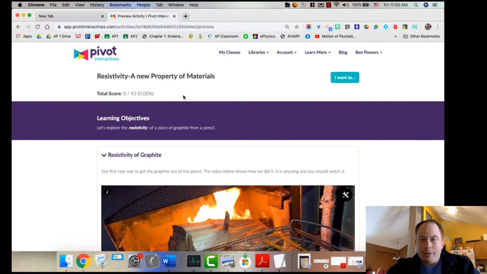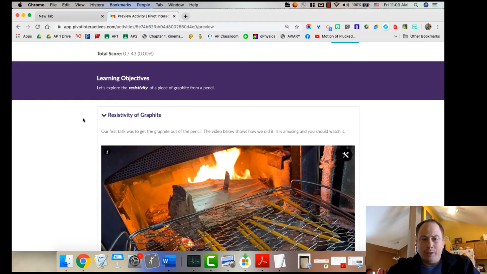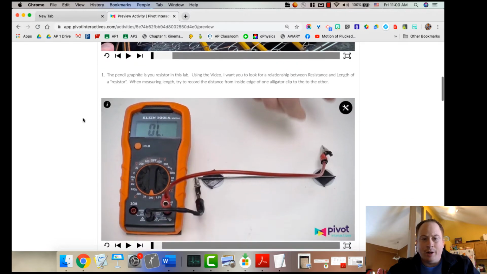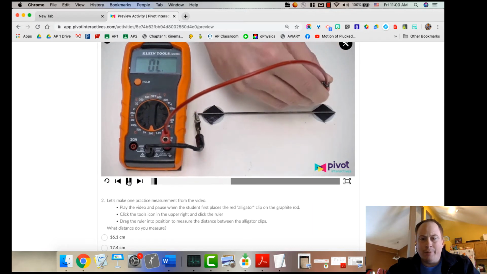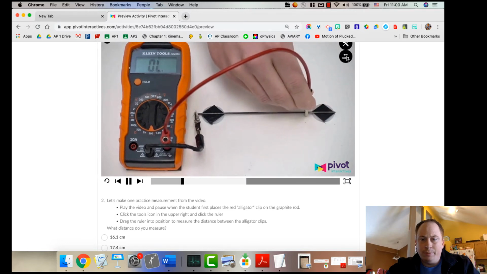Hey everybody, I want to give you some help with this pivot interactive in case you're having trouble. Most of it's pretty straightforward. They show you how they got the graphite out of there, and then a little bit was just measuring. One thing I noticed that's a little tricky is if you overlay that ruler, I'm just going to pause